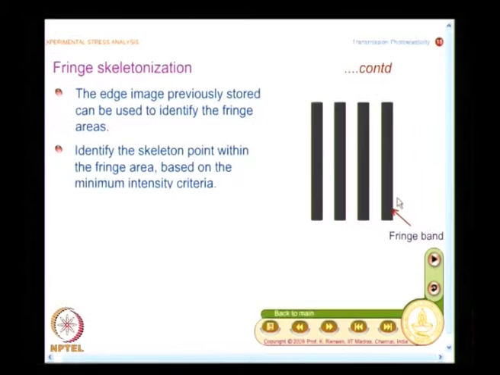Binary based algorithm is useful when somebody gives you a photograph and they want you to process it. It is not recorded with care to identify intensity variation. So, you need both. In some cases, you may have to use an existing photograph to extract information. In other cases, you record the photograph yourself, then I can go for intensity based processing. So, this is what we are going to look at. We have to decide on the scanning direction.